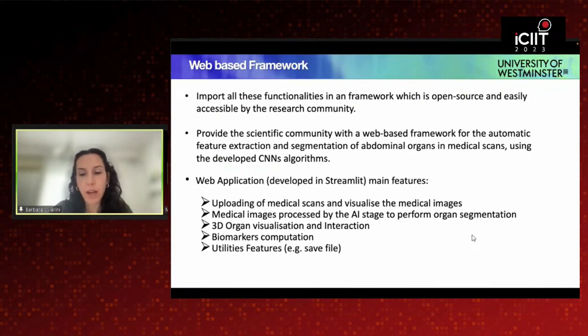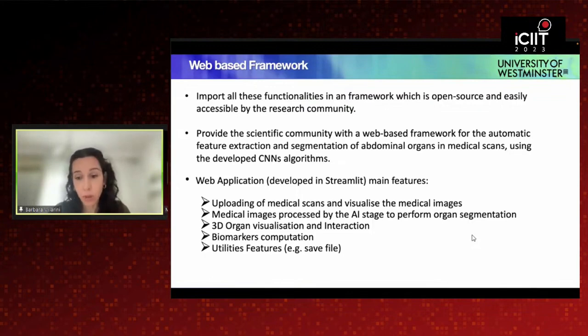So we developed a framework, we import all this functionality in an application which is open source and easily accessible by the research community. It's a web application developed in Streamlit, where the main features were uploading the medical scan,